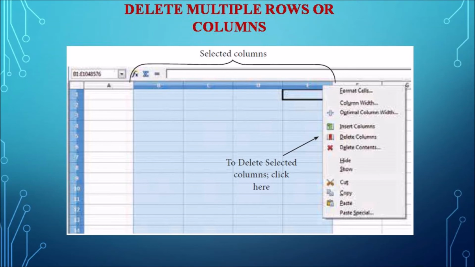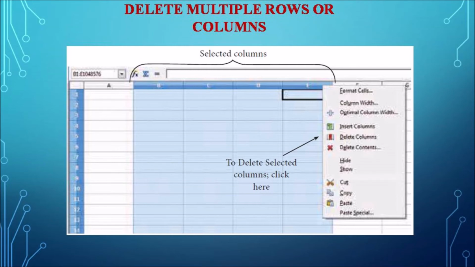And the same procedure, right click either the column name or the row number. Once you right click, the pop-up menu appears. If you have selected columns, the Delete Columns option will be there. If you have selected rows, the Delete Rows option will be there. So this is how we delete multiple columns or rows.